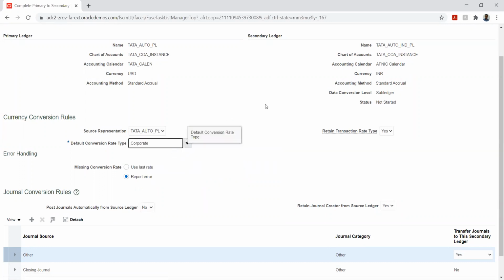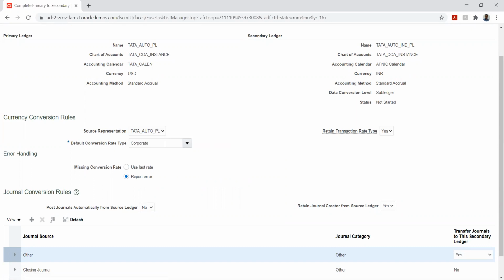Yeah, so here almost all the configurations are similar to our primary ledger. Except this one thing we will give, that is the default conversion rate type, in case we have different currencies involved. So here we will give it.